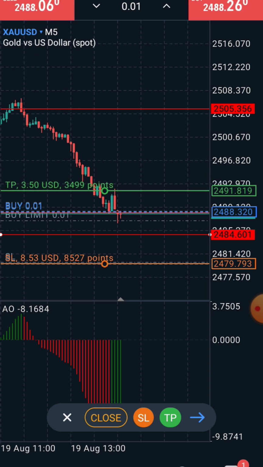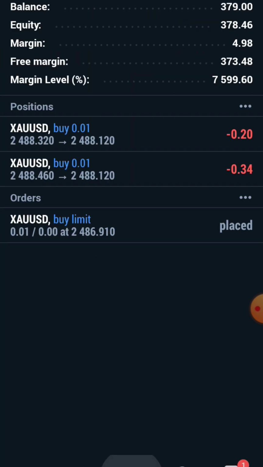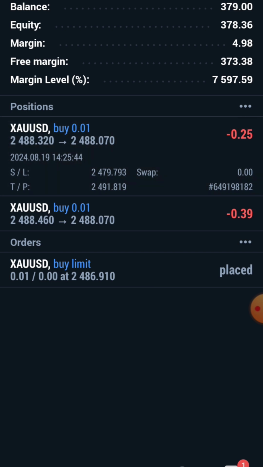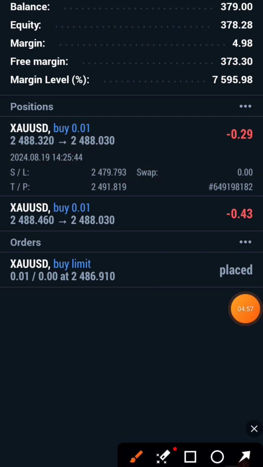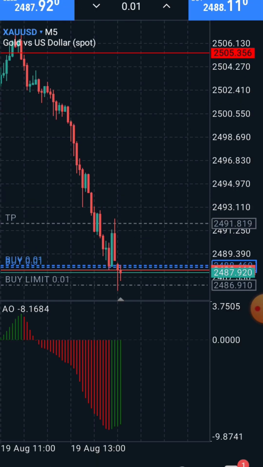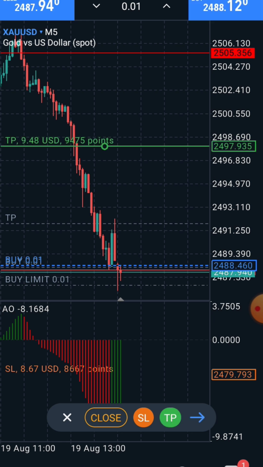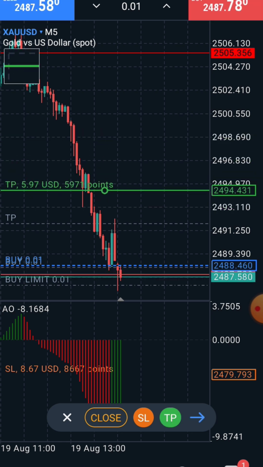You can directly put your TP from here, or you can go in the trade section. See here, TP. I have applied it automatically, because from the chart, if you click here on TP, this is your TP, where do you want to place it?